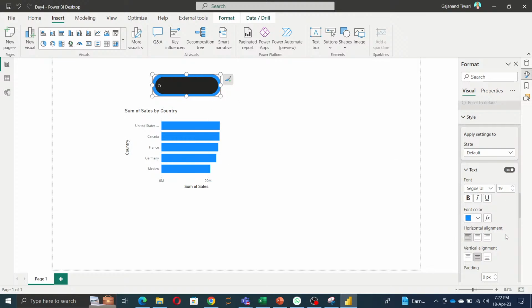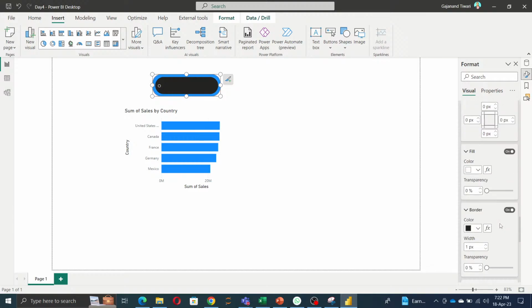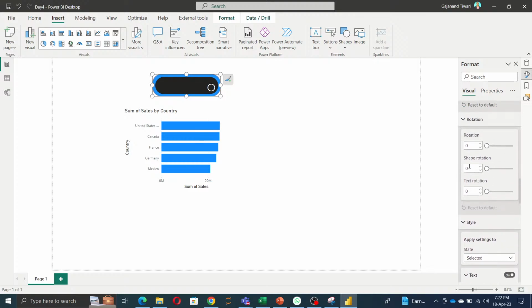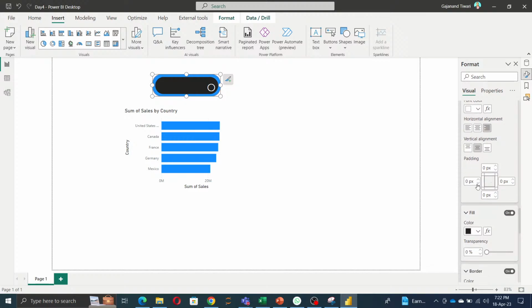Okay, left, then everything looks good for me. If I select this selection, it should become right and size should be 25. Okay, and adjust with inner padding,